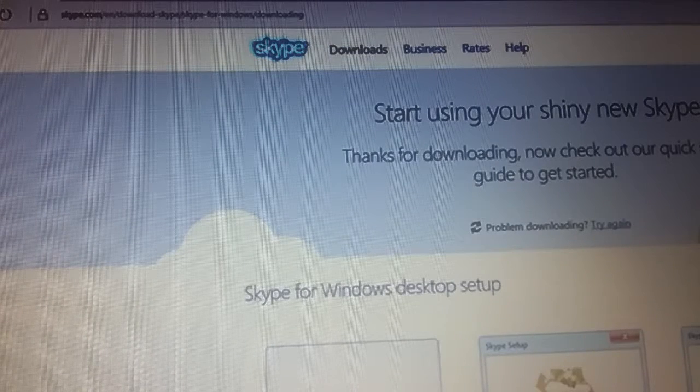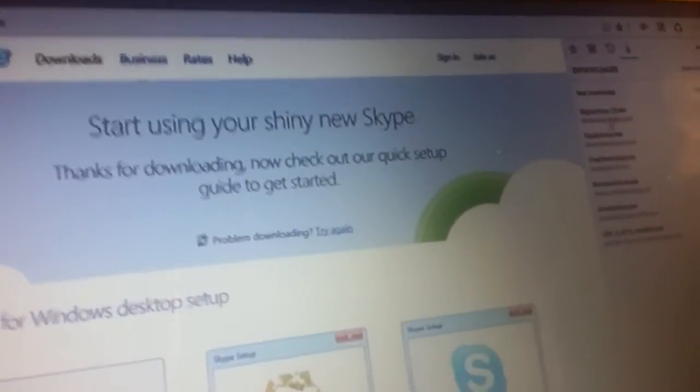So as you can see, it is now downloading Skype. Once it's finished, basically what you're going to do is you're going to click on a few downloads. So as you can see right here, these are the downloads, and I have installed Skype already. I think I installed it twice by mistake, but I did try again. But anyway, go ahead and click on Skype